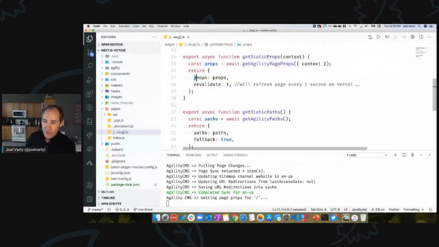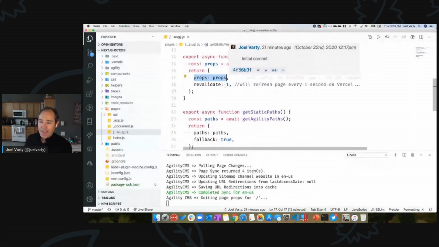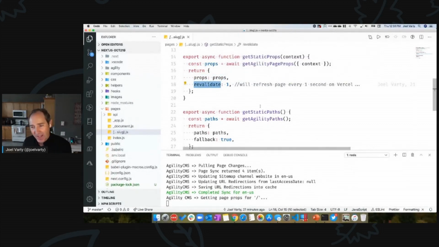And it just returns those props, and we'll look at what those props actually look like, that get passed into your components, okay? And then there's this cool thing. Revalidate is the number of seconds that we want to refresh this page, so this is doing every 1 second, which is pretty aggressive. You could put something like 30 or whatever, but that means that if this is running